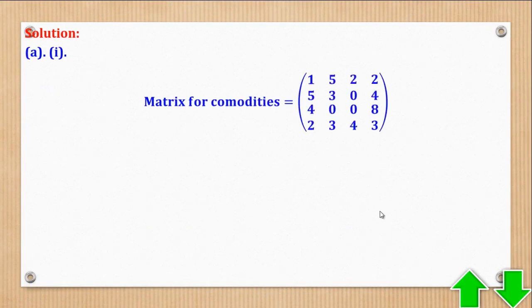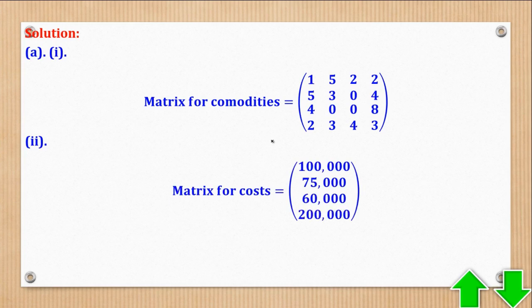So for commodities, this was Akelo. Akelo bought 1 bag, 5 to 2. Then this was Baine, this was Cherop, and this was Damba. That was for commodities. Then for the prices,